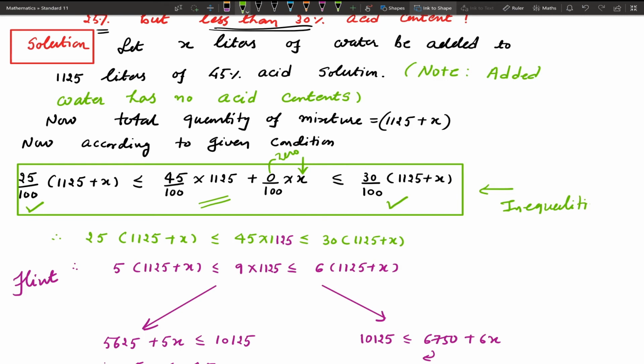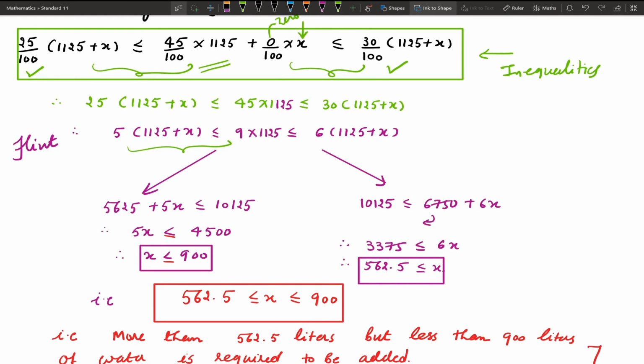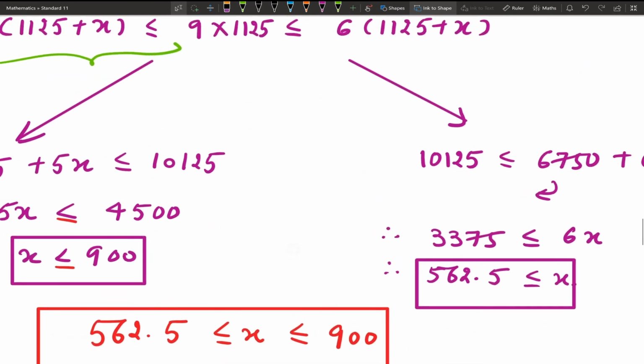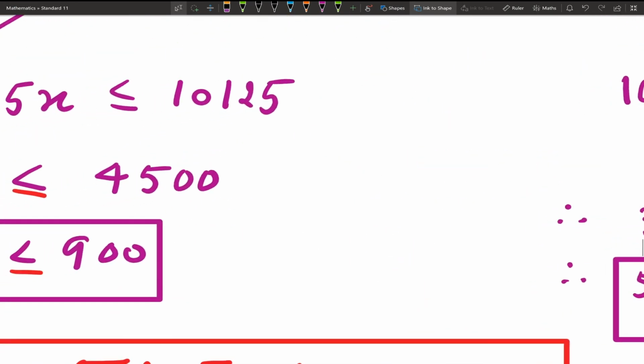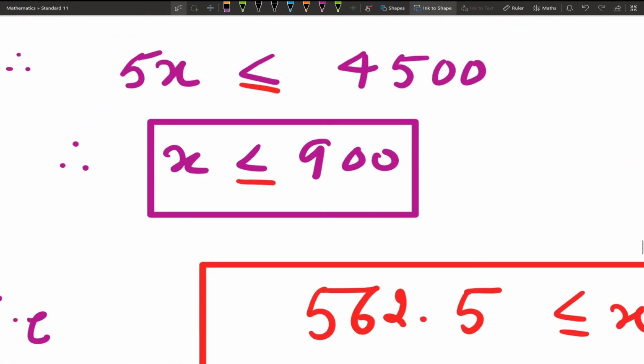Now take two parts from this inequality. First take this one, then you take this. I explain. When you take the first part, you will get x is less than or equal to 900, and when you use the second inequality,